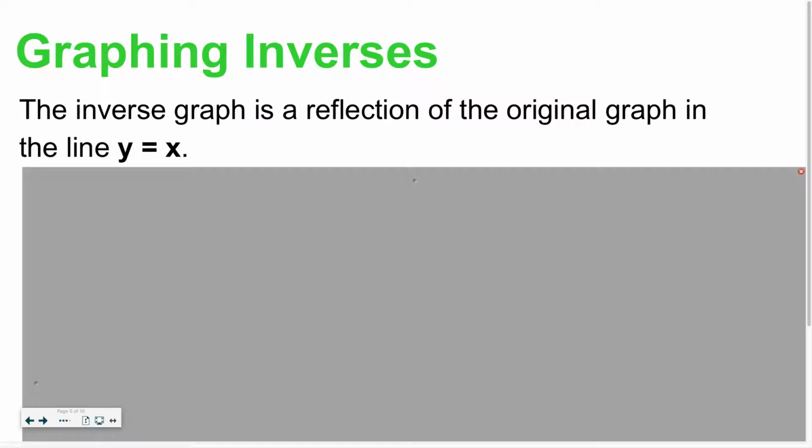It should make sense that the reflection happens in the line y equals x, because when you switch x and y in the equation, you're basically saying they are the same thing if you make substitutions for each. The line y equals x is the linear function, like the identity function that passes through the origin with the slope of